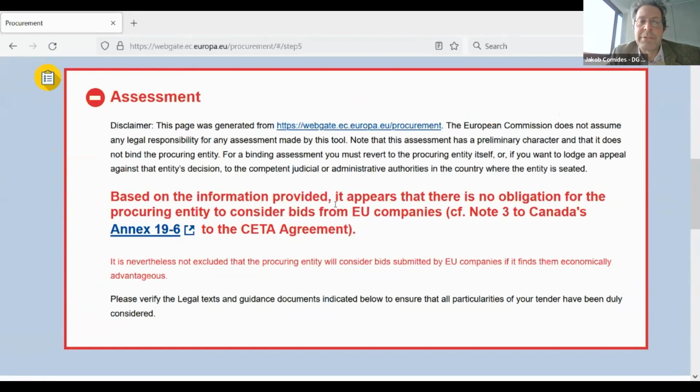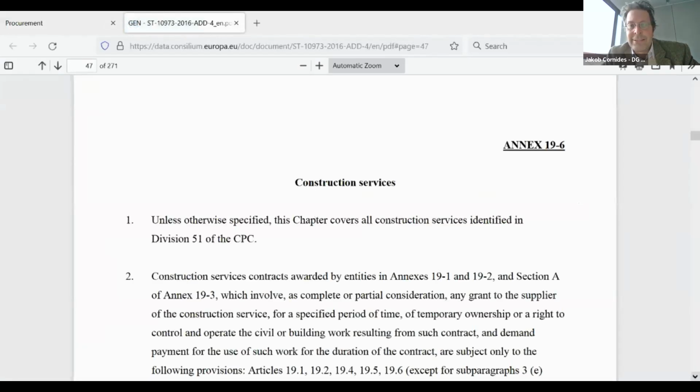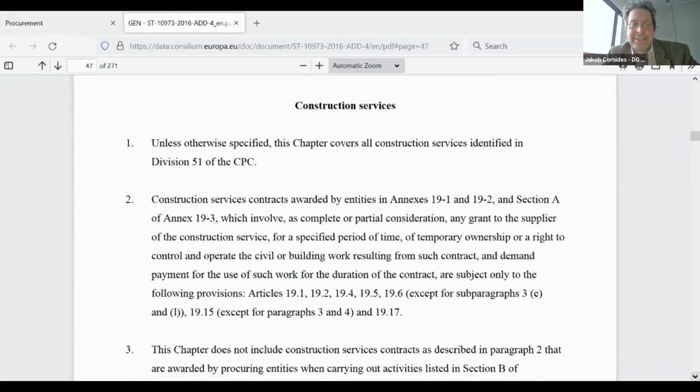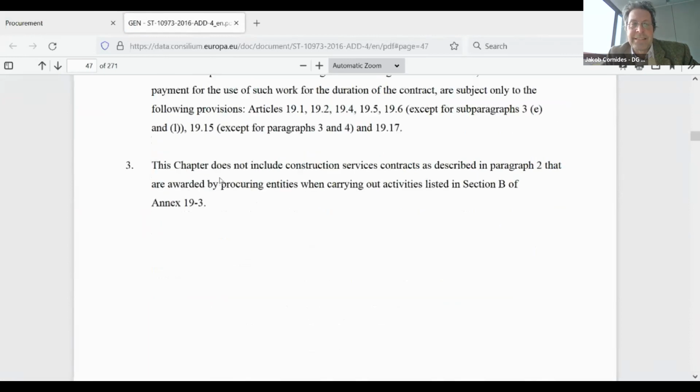Based on the information provided, it appears that there is no obligation for the procuring entity to consider bids from EU companies. The system refers you directly to the relevant provision of the CETA agreement so that you can find out why there is no obligation for Manitoba Electric Board. So I can click here and have a look. And it was note 3 of Annex 19.6. So what does it say? It says this chapter does not include...